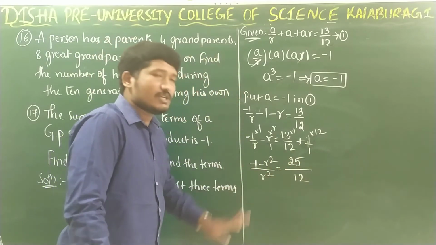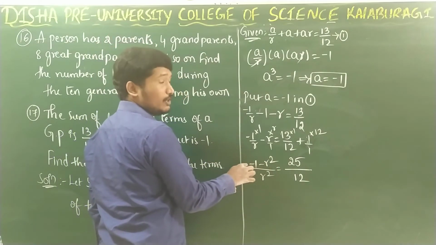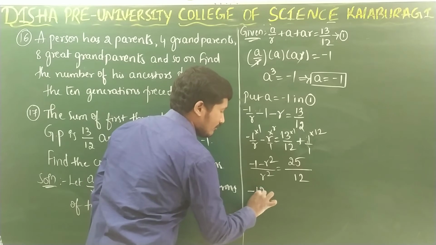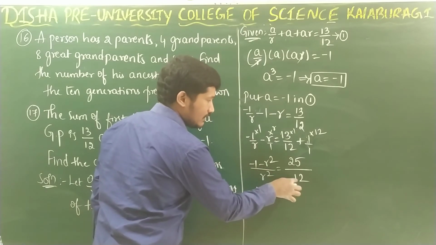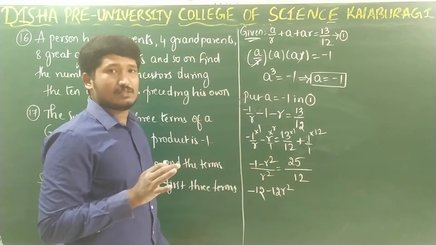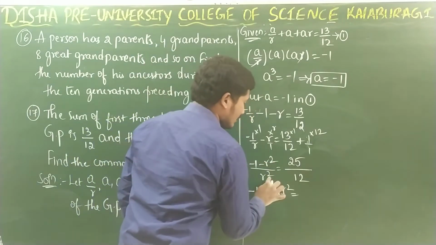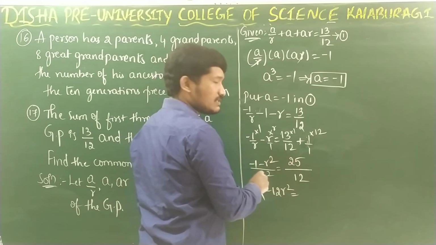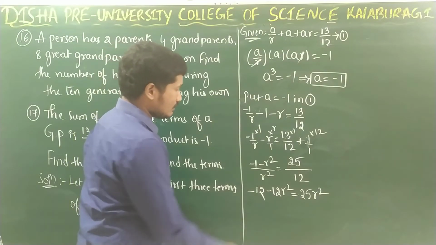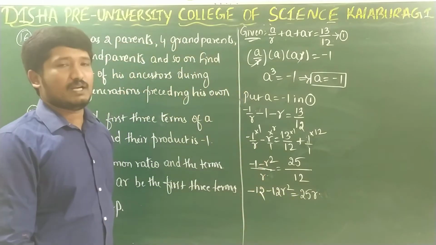Now cross multiply the terms here. I will take this 12 to the LHS, so it will come to the numerator. It will be the product. So plus into minus will be minus. 1 into 12 will be 12. Minus into plus is minus. 12 into r square is 12r square. When you take this towards the LHS, you will multiply 12 inside the bracket, right? So you will get this term is equal to r square. Let me transfer to the RHS. So it will be 25 r. Sorry, this is r, right? So LCM is r. So that will be 25r.